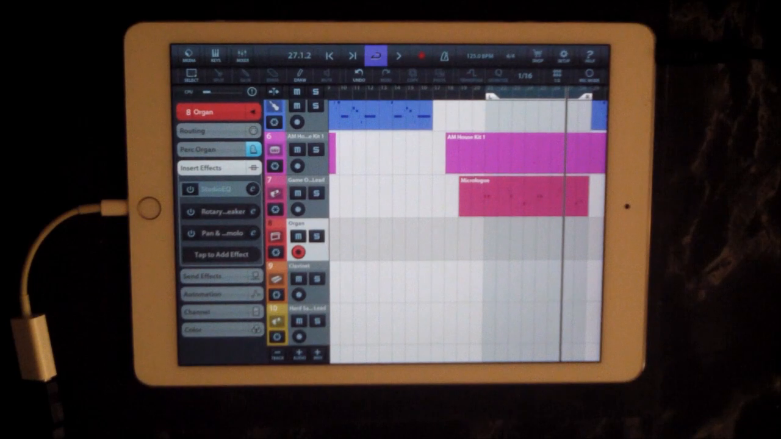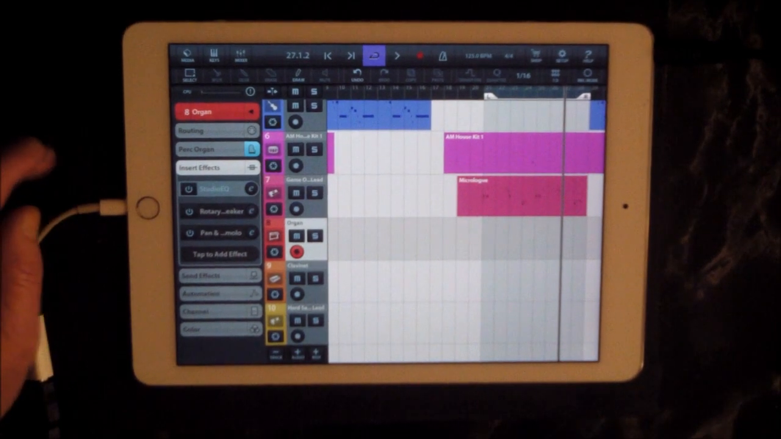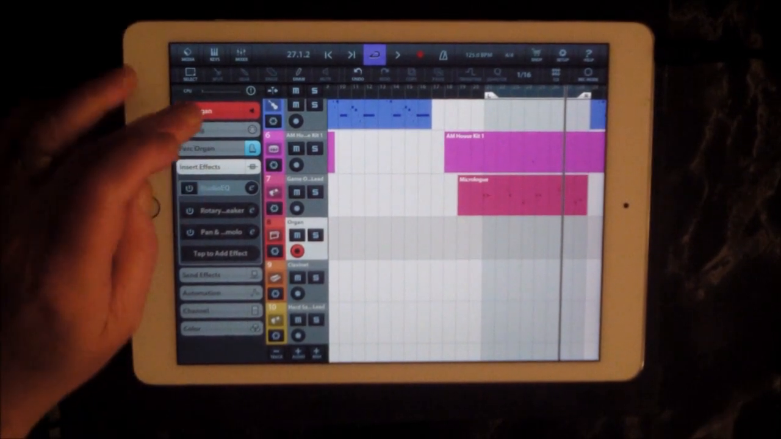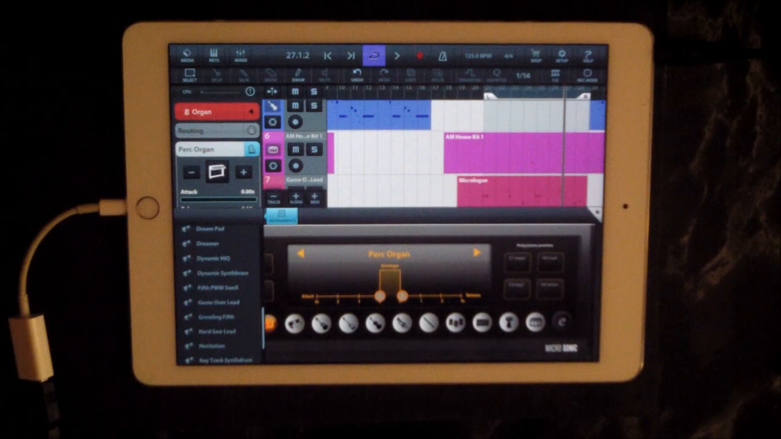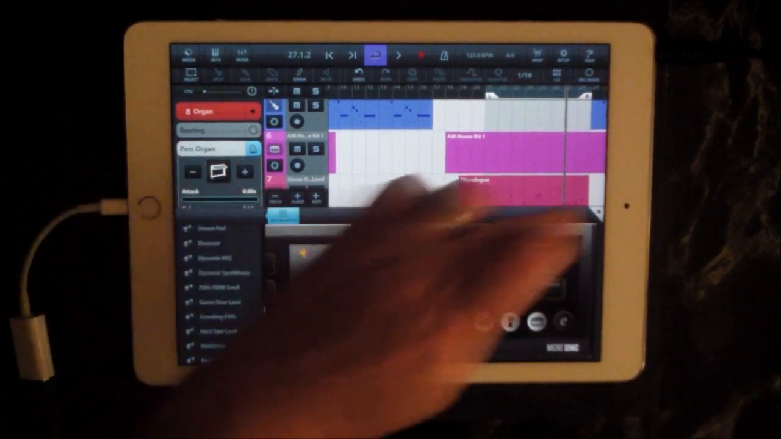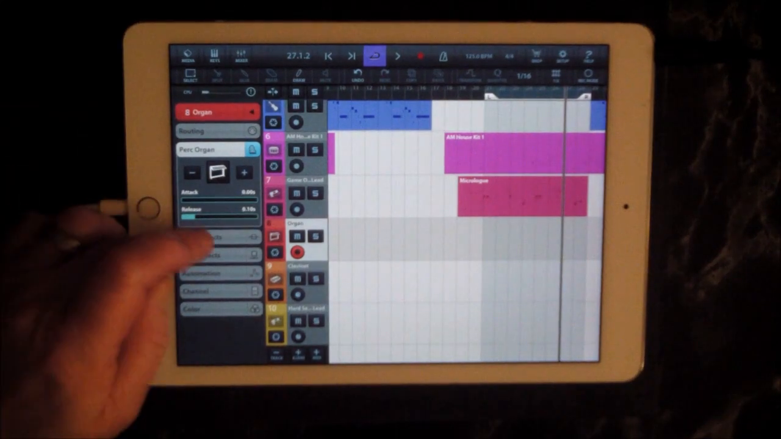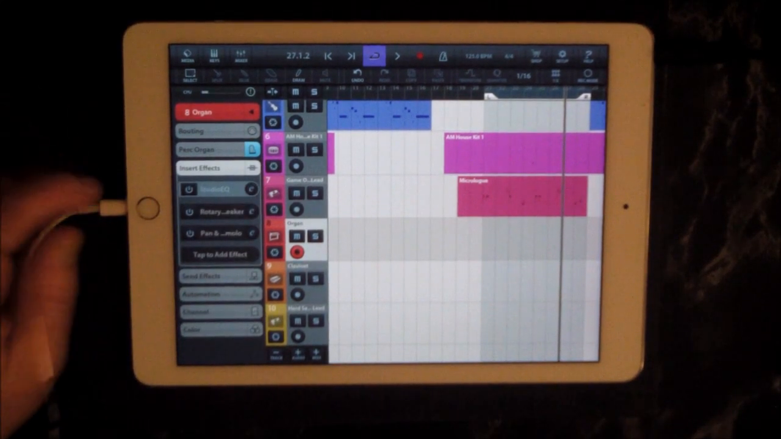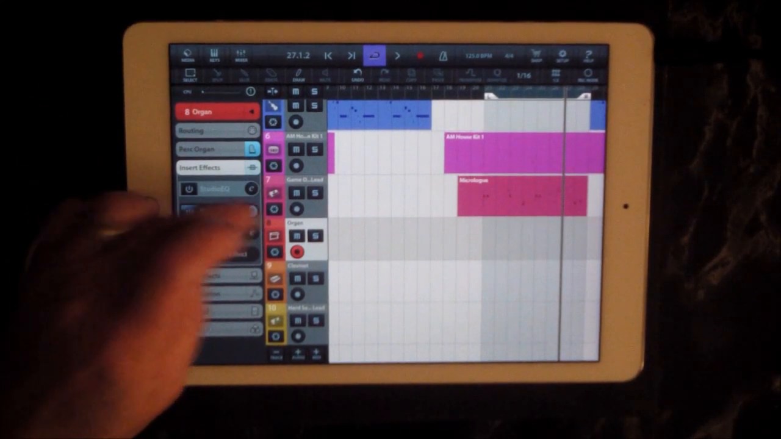Now we're going to the MIDI now. You can see it's just one of the basic organ patches, percussion organ, and the insert effect I've got switched off. So for the rotary speaker now,